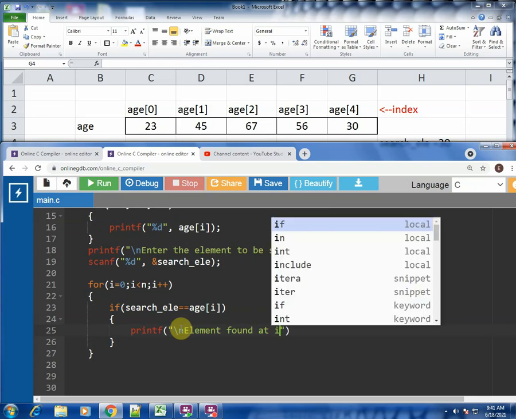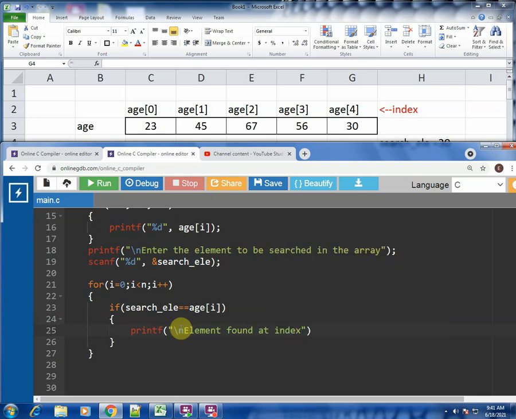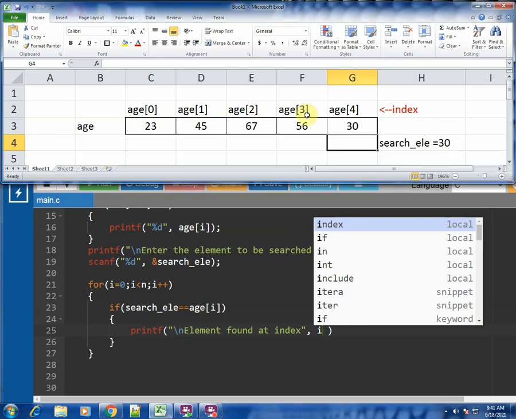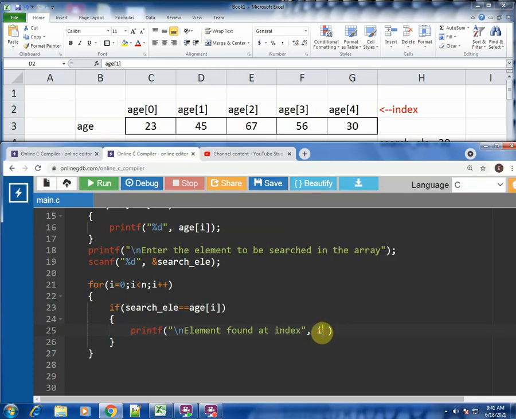Element found at index, so index would be actually I. If it is this index, in the example it is index 3. If it is this example, this index, then it is 2. This 1. So remember, indexes start with 0. Hence we need to print I, because I is the index value in the for loop.